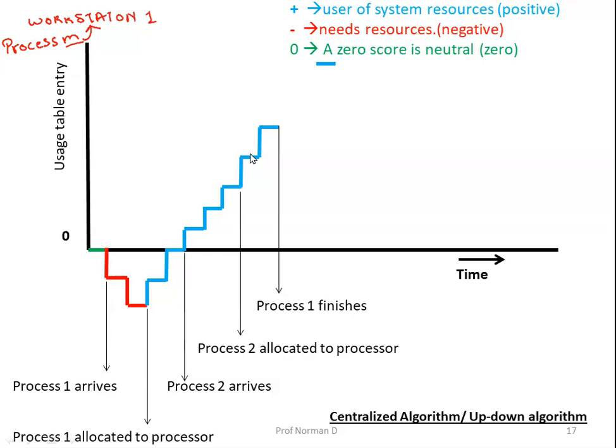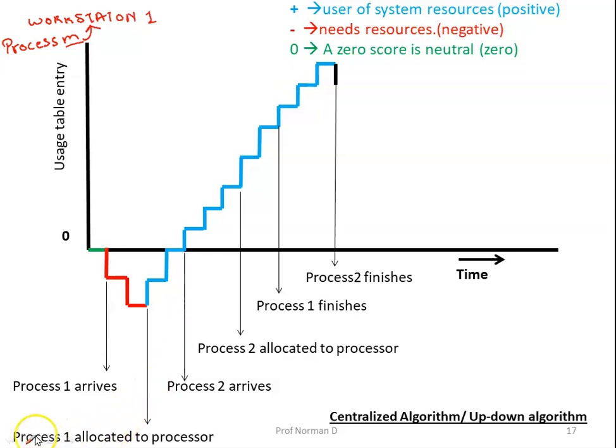Further, process 1 is still in its execution phase and it keeps on executing until it finishes. When process 1 has finished the execution, process 2 will continue the execution until all the required tasks are completed. So at this particular point we can see that process 2 has finished its execution. Process 1 is done at this point and process 2 is done at this point.